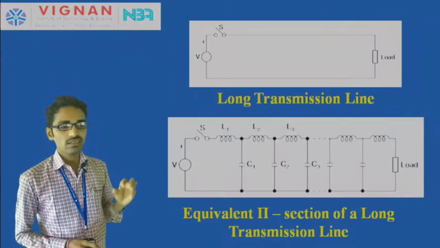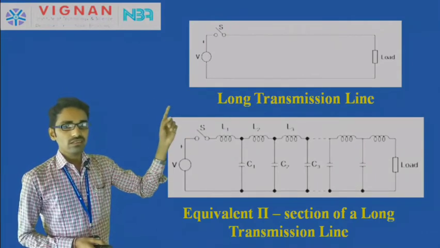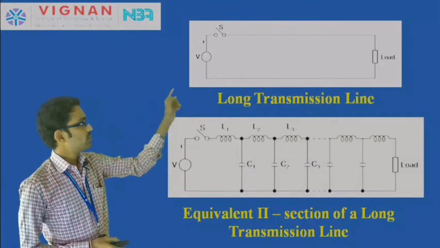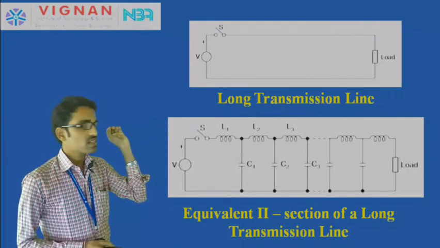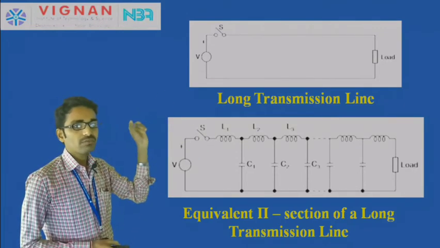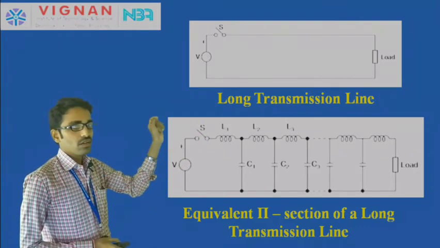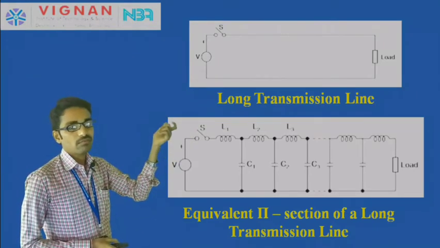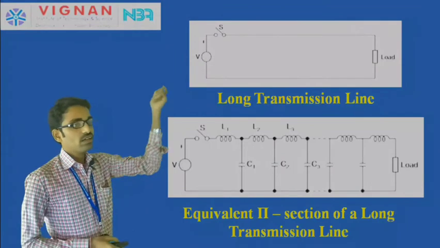So, let us consider how the travelling waves are going to be produced. When you are switching on the long transmission line, that means the switch S is switched on, the voltage is not all of a sudden transmitted and present at the receiving end. It does not reach the load suddenly; it moves slowly through the transmission line and takes a finite amount of time to reach the voltage or current from the sending end to the receiving end.